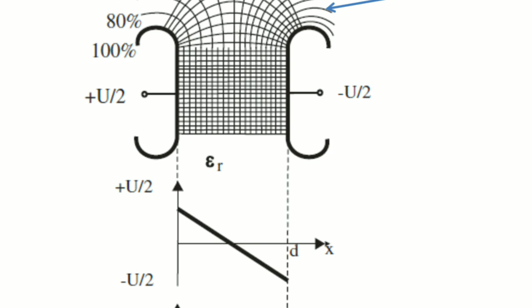So if you take the potential difference, what do we need to do? We need to take the difference between these two magnitudes. So if you take u by 2, then minus of minus u by 2, it is going to be u by 2 plus u by 2, which is nothing but u. So I can say that capital U will be the potential difference, or you can say the voltage which is applied across these two electrodes.